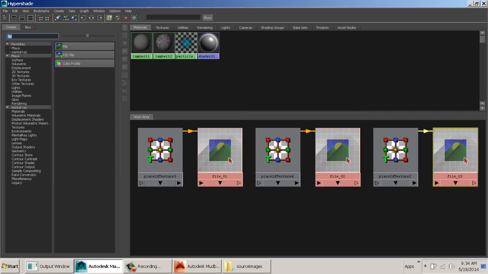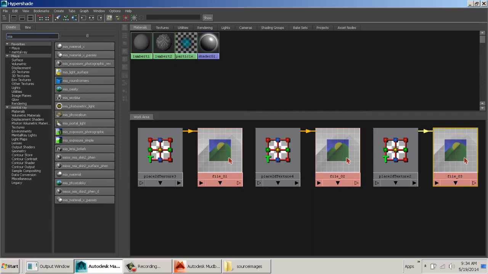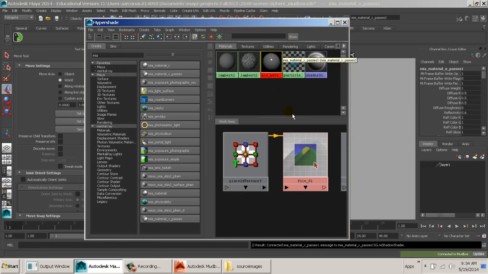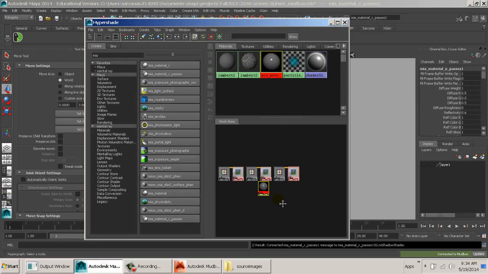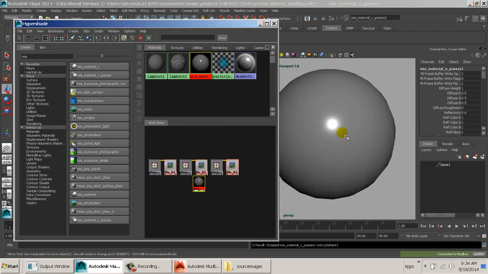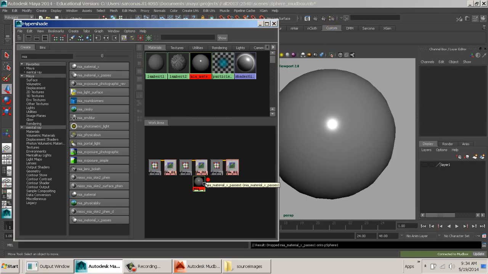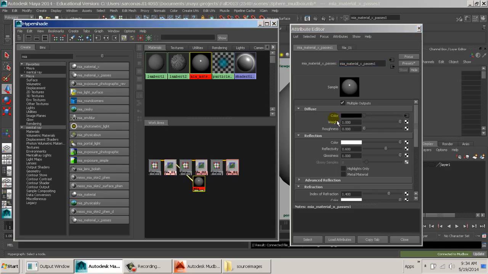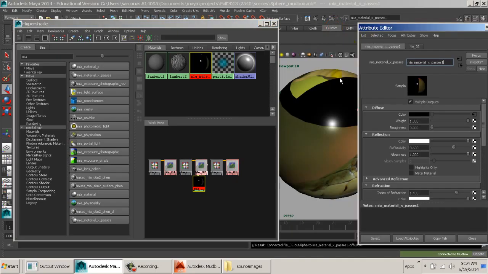If I go and add this to a Mia, X passes. Okay, so I'm going to drop the Mia on here. There it is. And then it only allows me to take this file and connect it to one, right? I can just drop one of these at a time on here, and it'll assume that, and then what happens is the other ones are just getting pieces of that texture which is not lined up correct. Okay? So what I need to do is find this